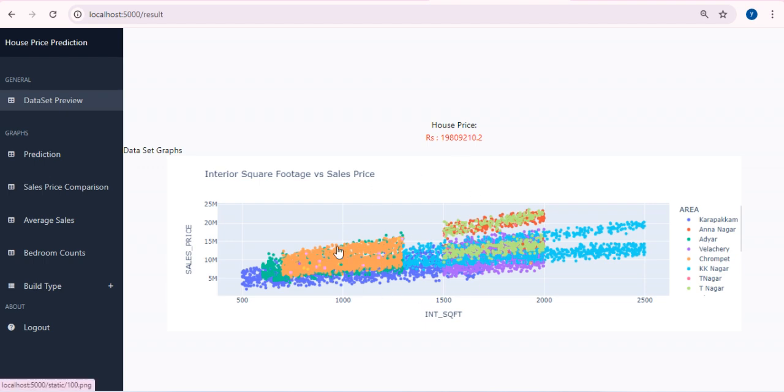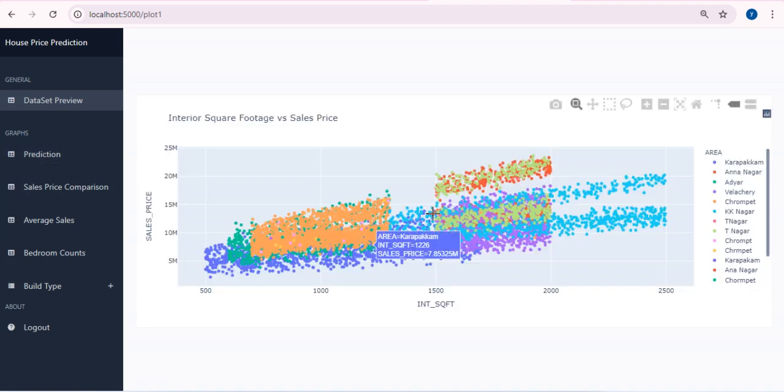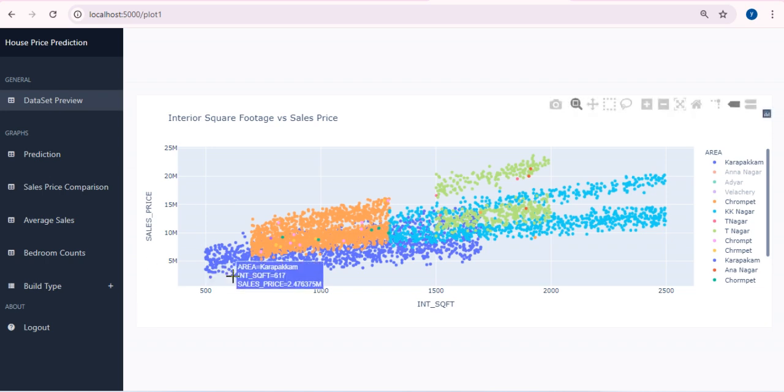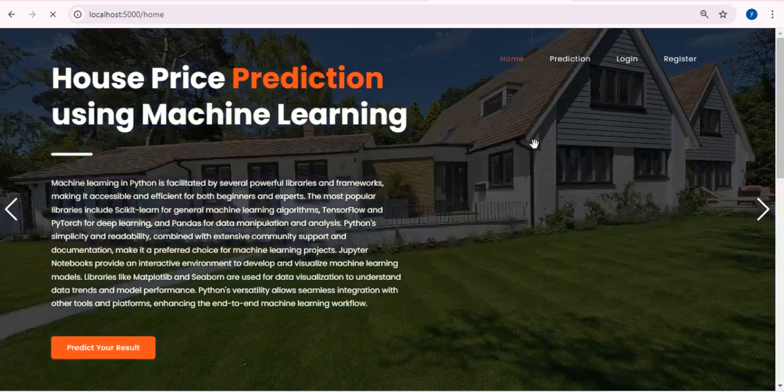This is a graph, a dynamic graph, so you can click to modify the graph. Then I just click log out, then our project is automatically